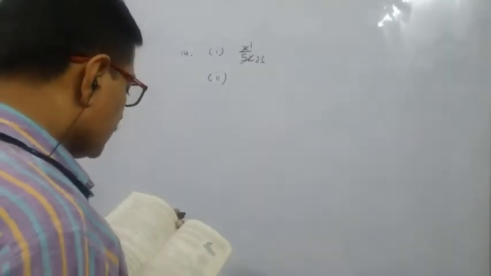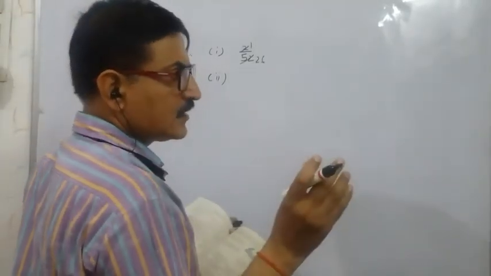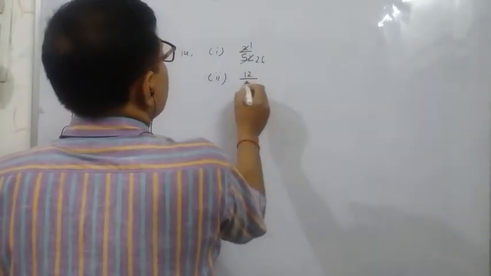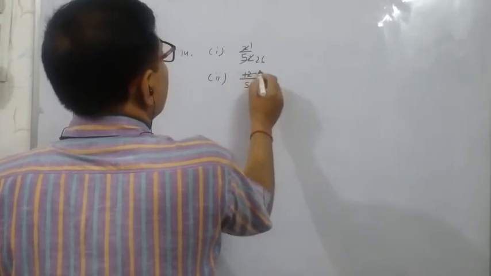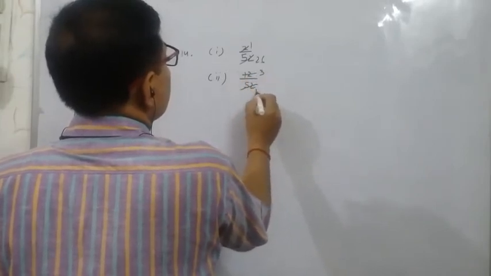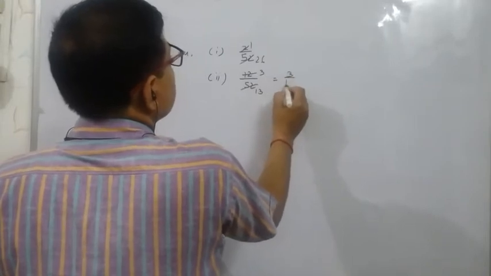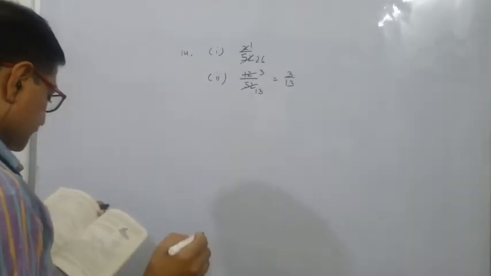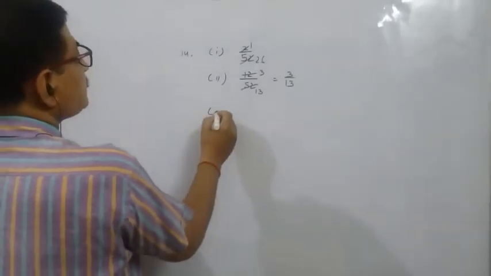Now second, a face card. In every variety, 3 face cards are there, and the total is 13. So 3 4s are 12, and 13 4s are 52. So 4 3s are 12 and 4 13s are 52. Out of 13 cards, 3 are face cards. So the face card probability will be 3 out of 13.